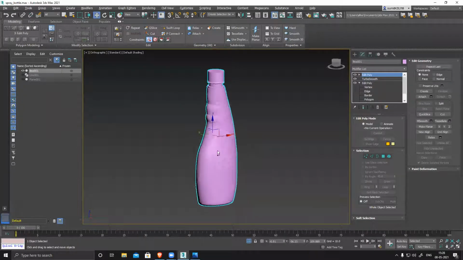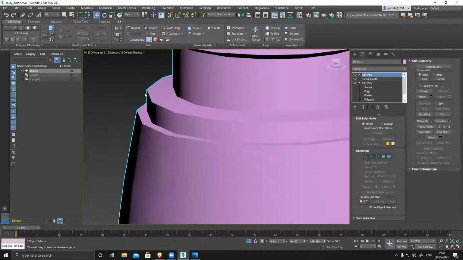So what is the function of smoothing groups actually? It basically separates two surfaces for shading. Suppose you have two surfaces with two different angles. For this edge I need to have a clear visible edge, right, for this surface. So if I separate the smoothing group, it will create a separate, different reflection or highlight, or you can call it shadow. It will create it separately. It will react differently basically. So it will separate the surface very easily.